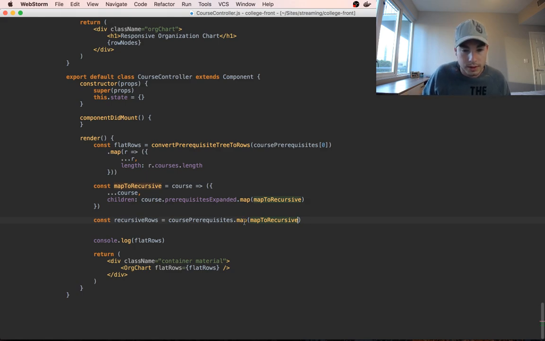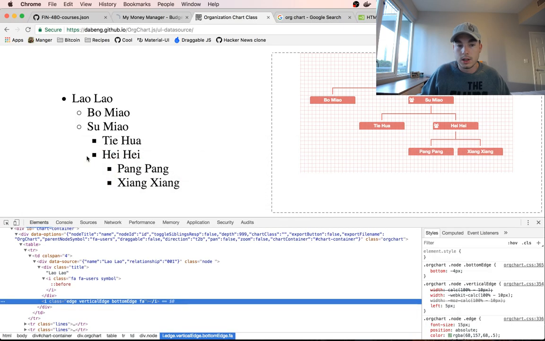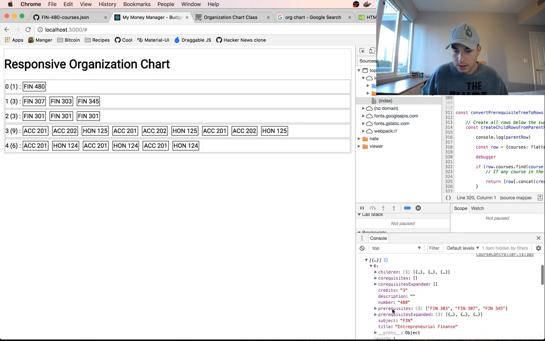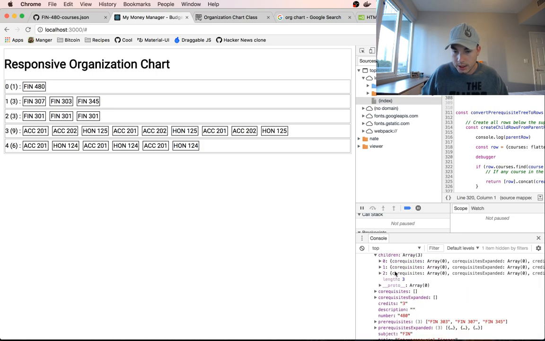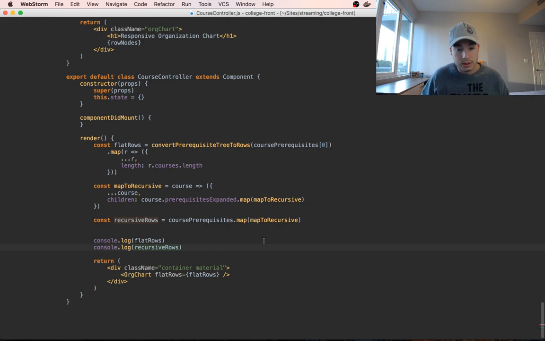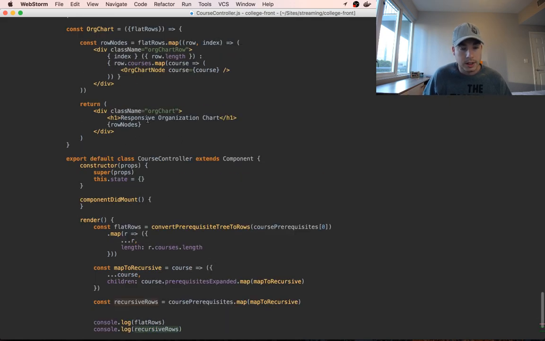So let's see if this works. I just want to map our recursive rows, console log out our recursive rows, make sure that's still working. Children right here, and then children, yeah. All right, so let's try and print out org chart recursive rows, and then so we're going to kind of create a new